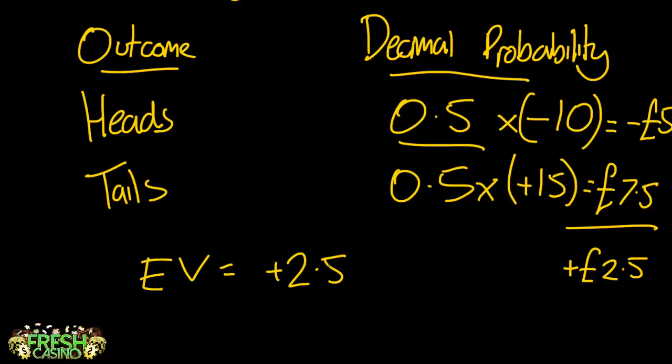EV is simply what you can expect to win on average. So when you're playing poker, you want to be able to make positive EV bets and mass produce them. For example, if you could mass produce this wager we've just discussed 5 times every minute, you would be earning £12.50 every minute. So if you could flip it for an hour, that would be £750 per hour. So the ability to make constant positive EV bets is really powerful.